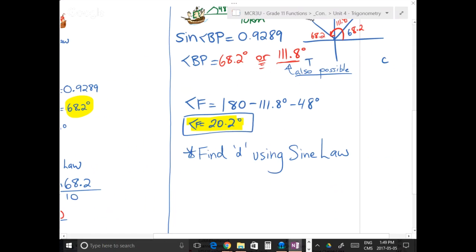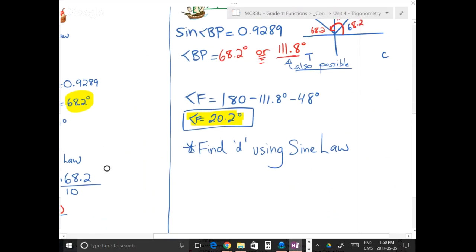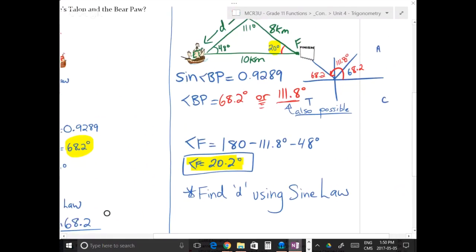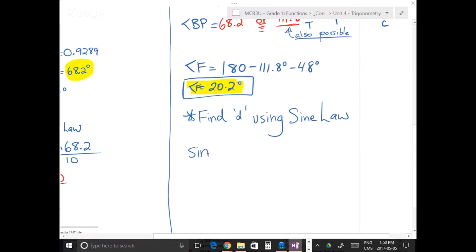Wait, how did I set this one up? This particular Sine Law. Oh, that's interesting. A little piece of stripping coming off down here. All right, how would I set this up? What angle goes with D now? 20.2? So I would say the sine of 20.2 divided by what? Divided by D, should be equal to,